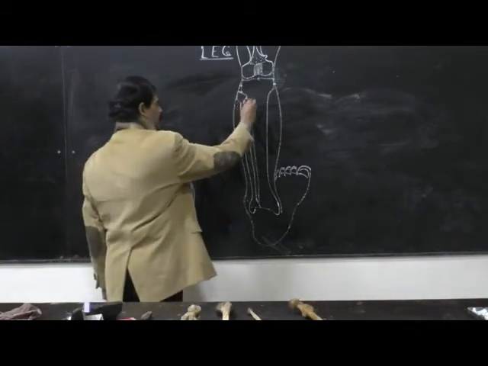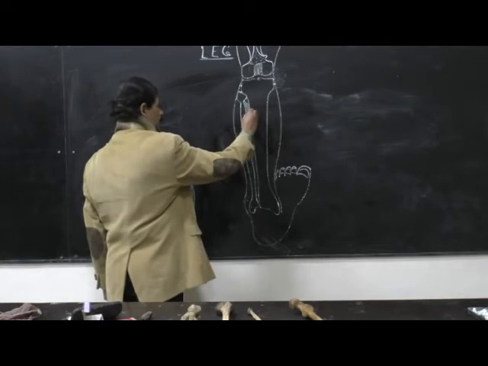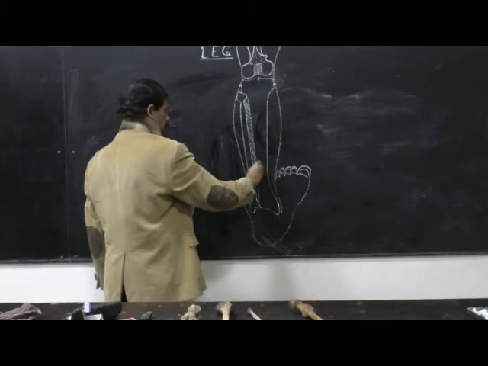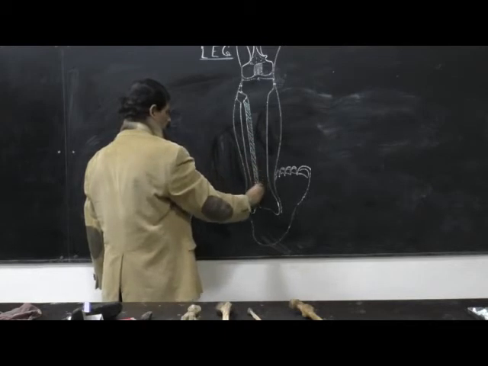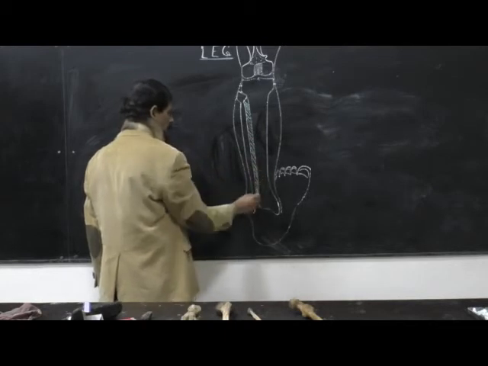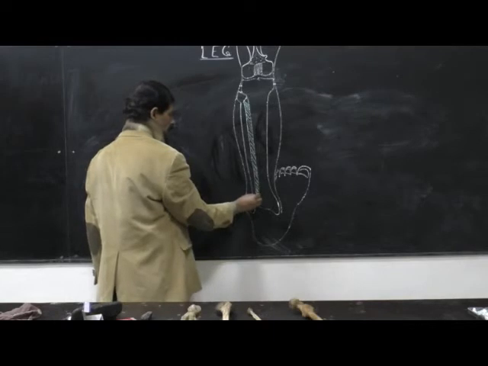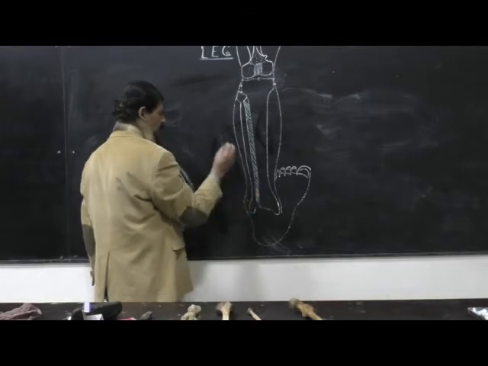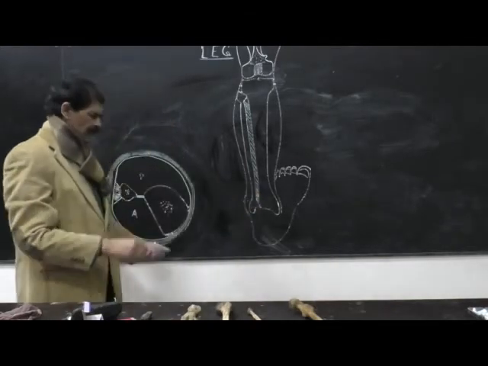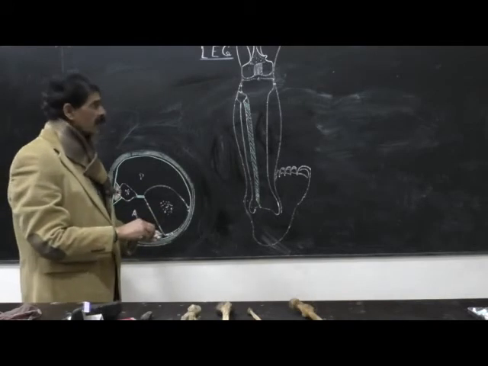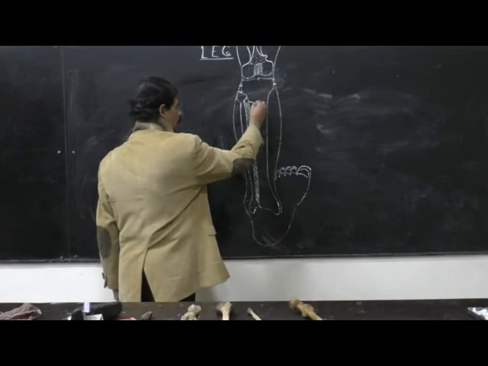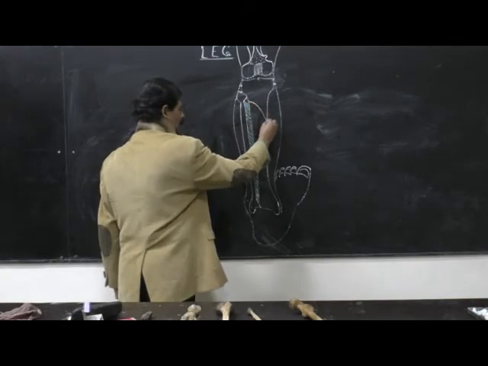interosseous membrane. In its upper part it has a large gap, and it is closed in the lower part, forming the middle tibiofibular joint, but there is a small hole present in the interosseous membrane below, through which the perforating branch of the peroneal artery goes into the anterior compartment. Then the posterior surface of the shaft of the tibia has a spiral line, also called the soleal line,